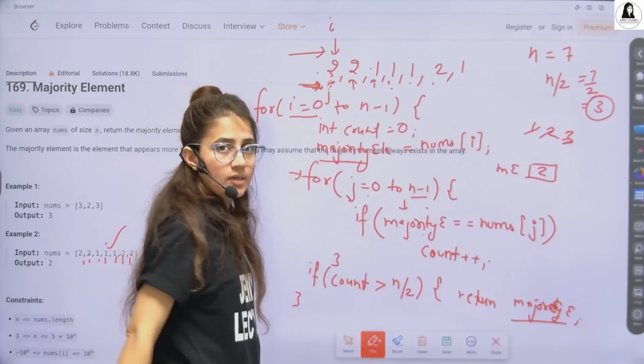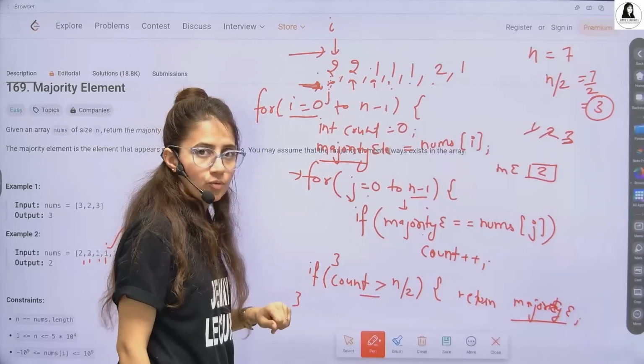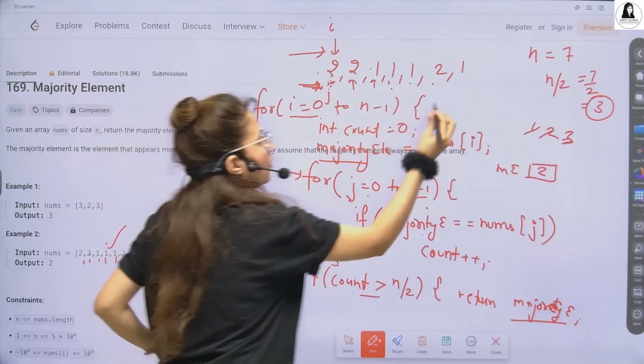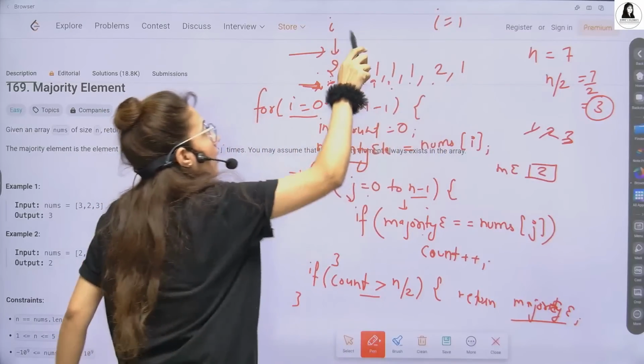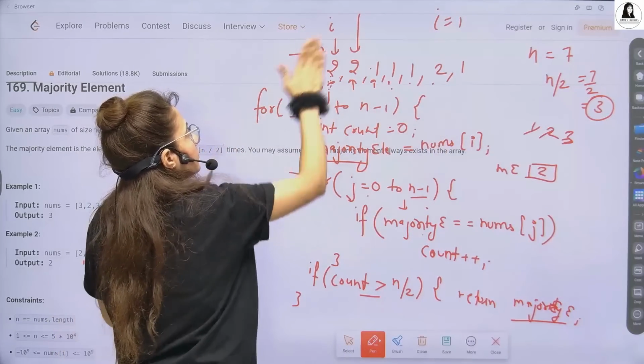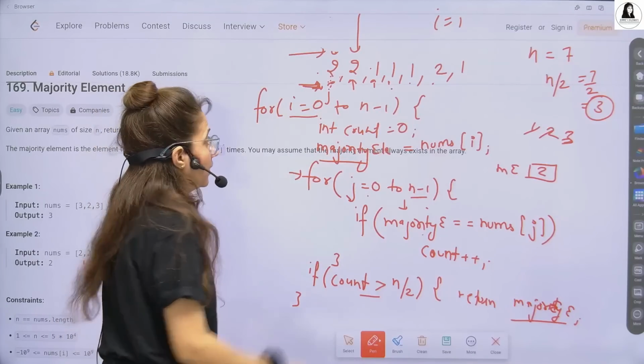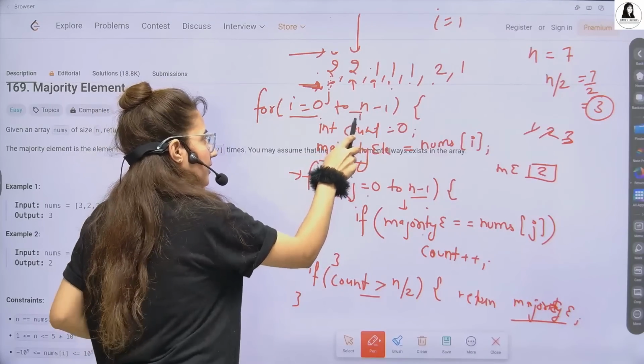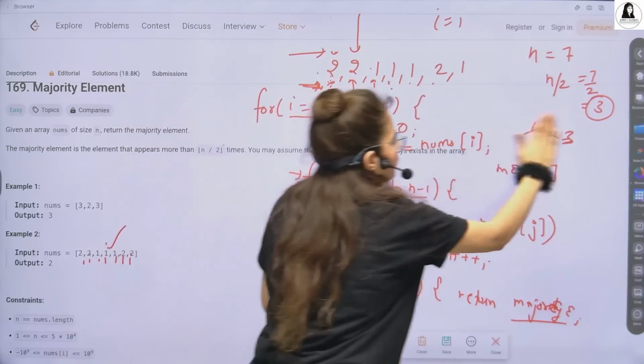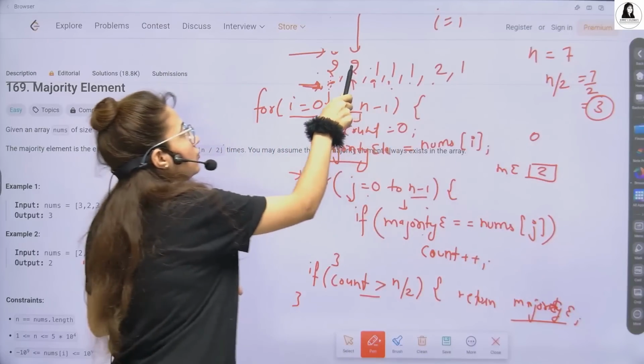3 is not greater than 3. So this condition will not be true. Now we will do i plus plus. Now i becomes 1. Now i is here. Condition true? Yes. Again enter here. Count would start again from 0, because now we are counting for this element, for the